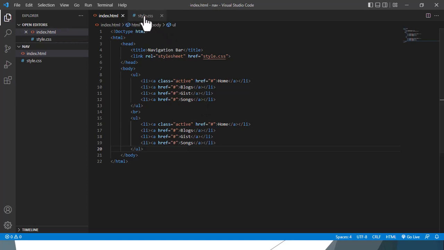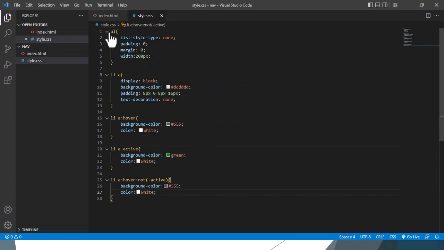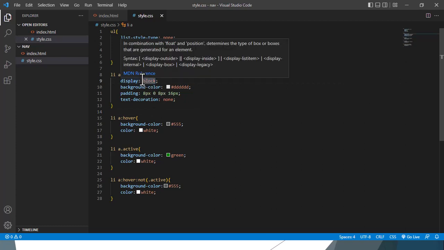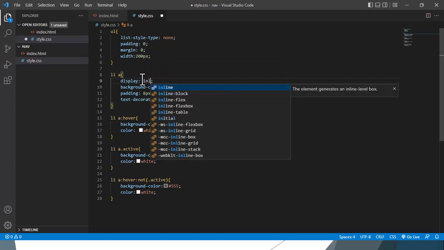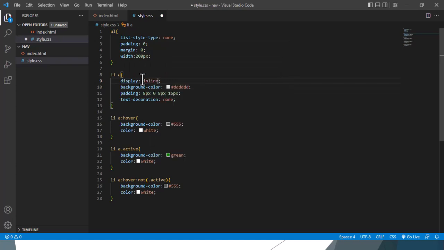So every other styling is the same. The only difference here is with the display block, right? Now supposing I change this display that is block, I'm going to change it to inline. Supposing I change it to inline, right? So see, it will make it,